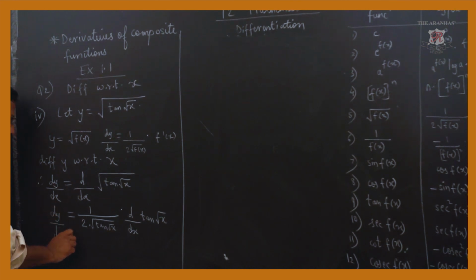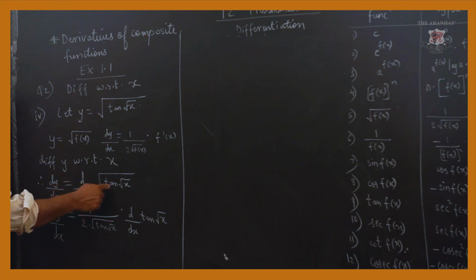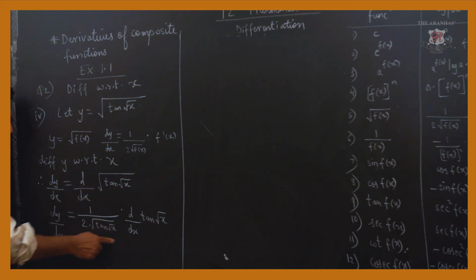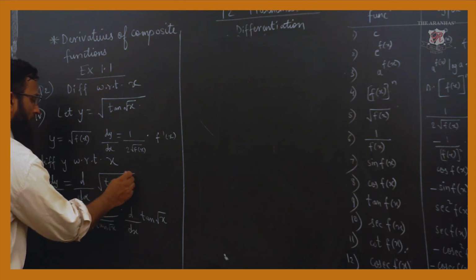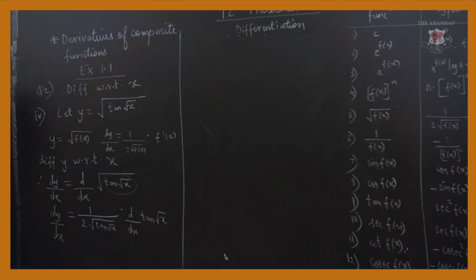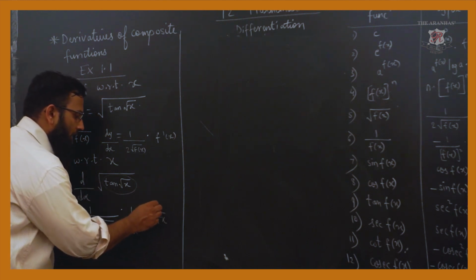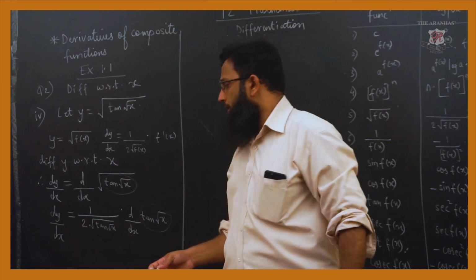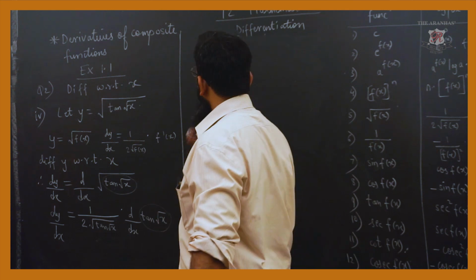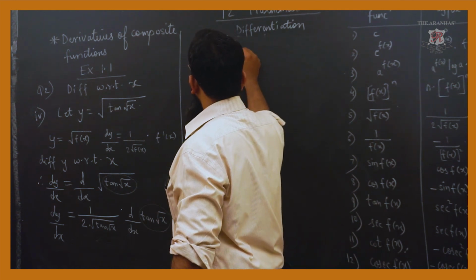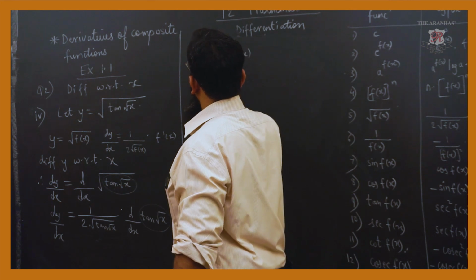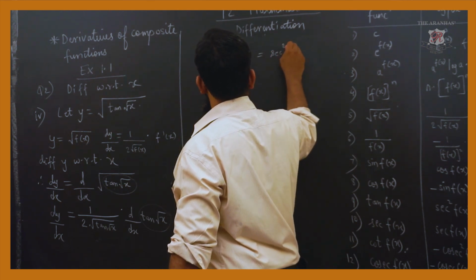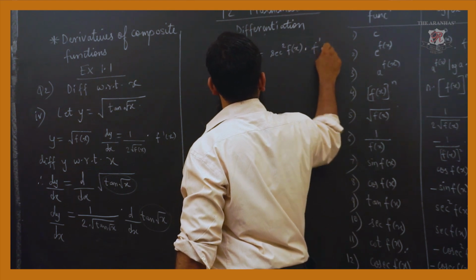Such kind of problems where you are going to differentiate multiple times can be asked for 2 to 3 marks. This much is clear that d by dx of root f x is 1 upon 2 root of f x, and this whole thing is our f x, so it will be into derivative of f. Again if you look here, this is not the pure formula tan of x. Derivative of tan x is sec square x. But here it is tan root of x, meaning again I have tan f x, and derivative of tan f x is sec square f x into f dash of x.